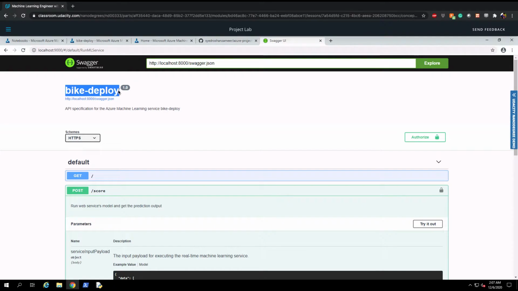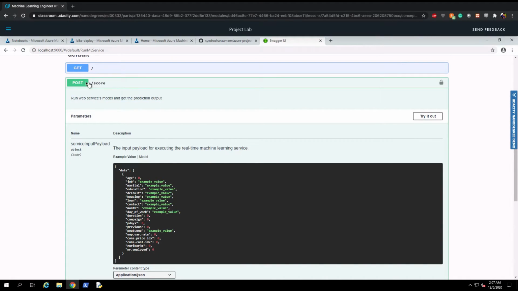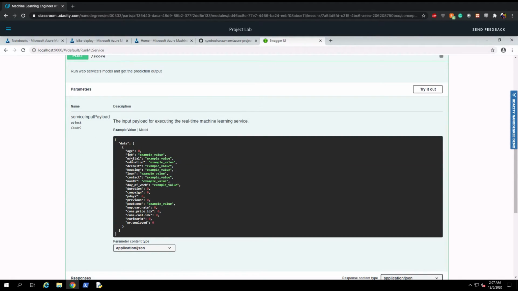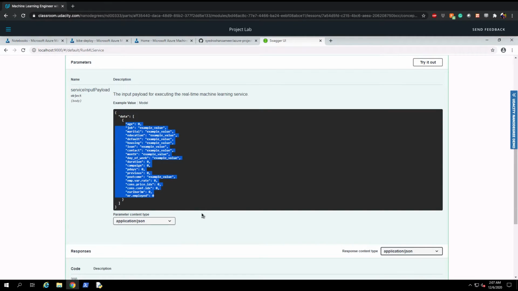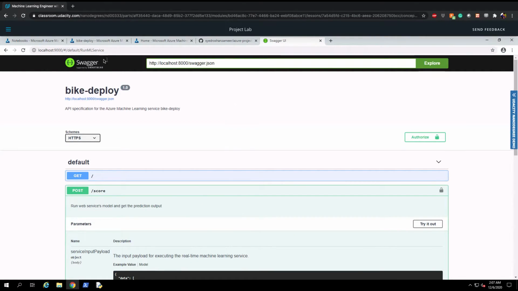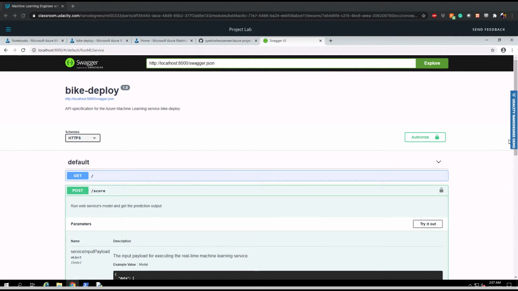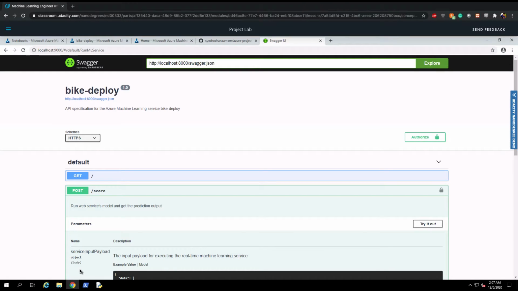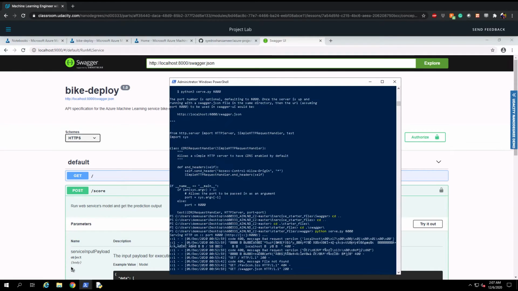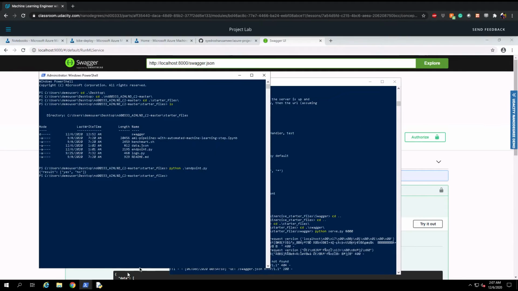You can see the bike-deploy, the name that I've given for this particular deployment. And here in the post method, it shows us the required parameters that are needed in order to test out the API. So this is about the AutoML run and Swagger, and the endpoint is defined. And I've also run endpoint.py, which should show us a JSON output result, yes or no. So this is complete. And after that, I was supposed to go ahead and create a pipeline based on the